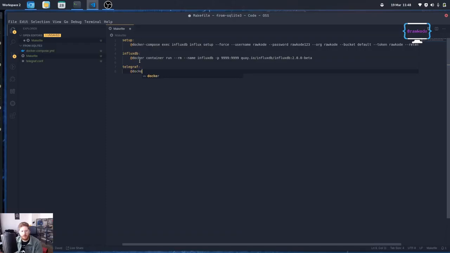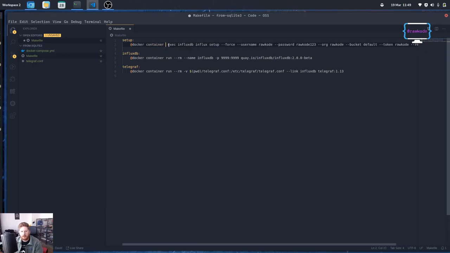Telegraf will do the same. Doesn't need a name, needs a volume mount. Needs a link, InfluxDB, and an image. And my setup command,